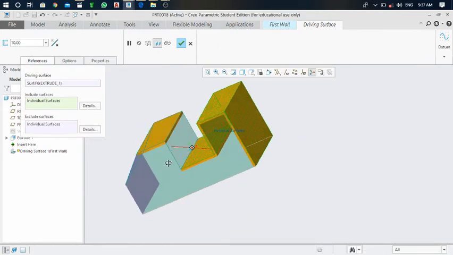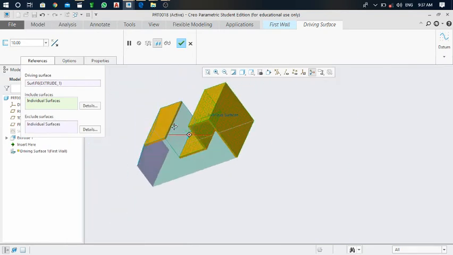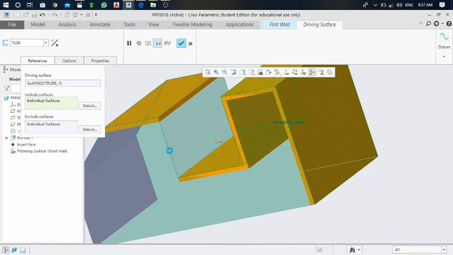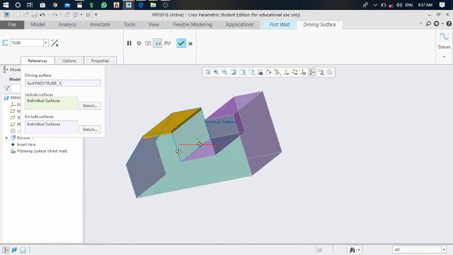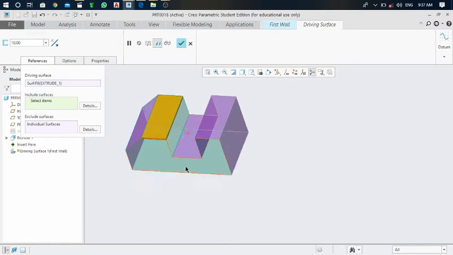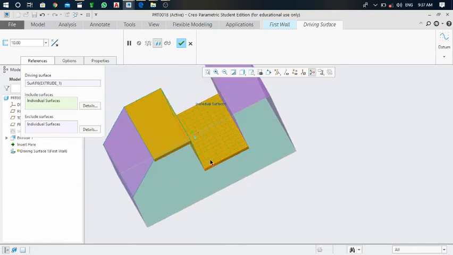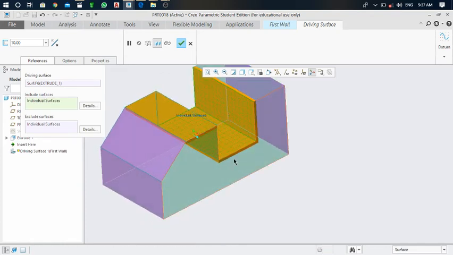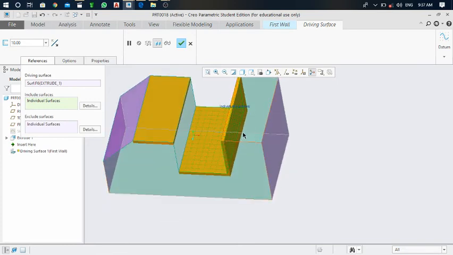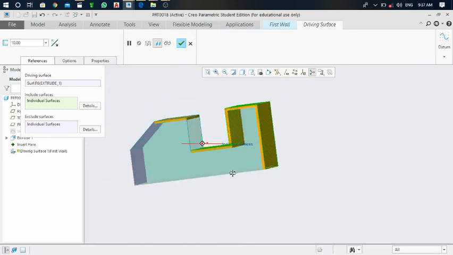Select this also. It is not generating actually, but this is able to generate. If you click on this also, it is also generated, and this is also generated.